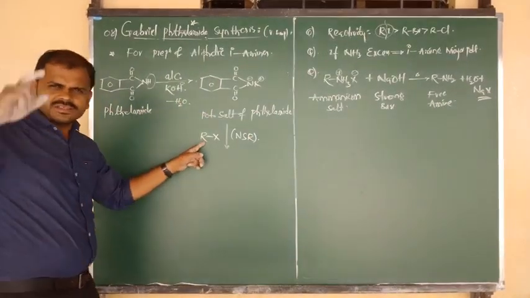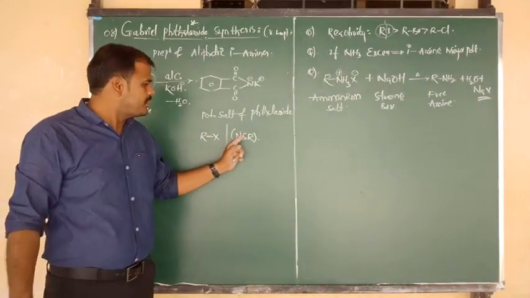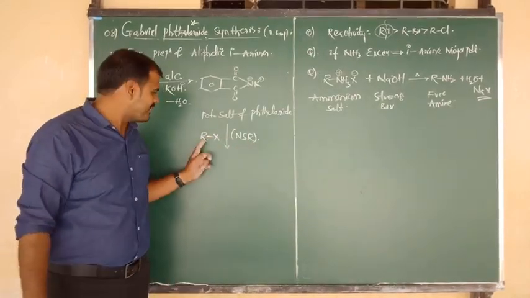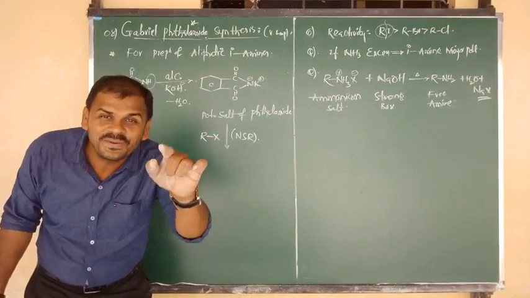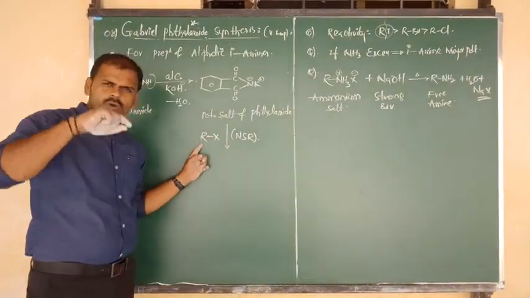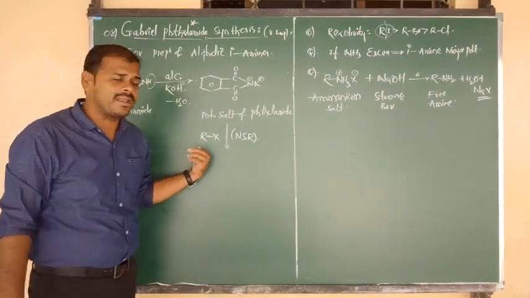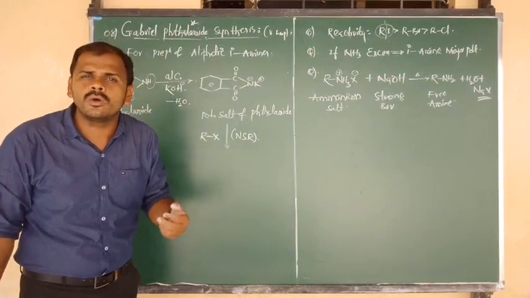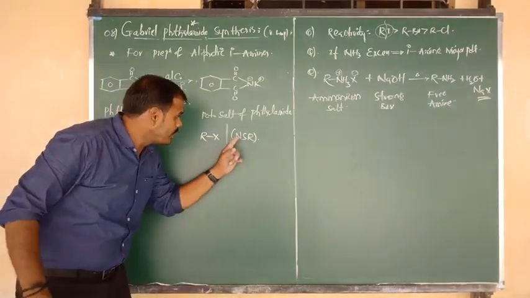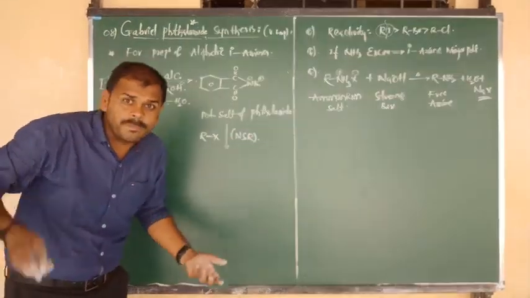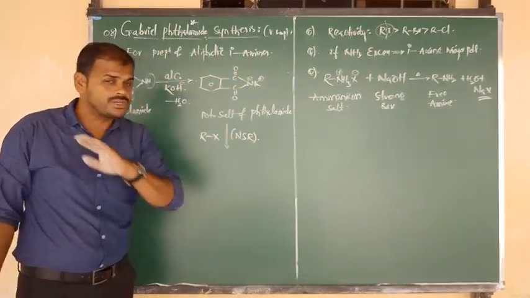Because in the chapter of haloalkanes I told you that haloalkanes or alkyl halides easily undergo nucleophilic substitution reaction. But in the place of R, we can't write benzene, because aryl halides do not undergo nucleophilic substitution reaction. We have to consider only alkyl halide in the place of R. If we wrote benzene, what would happen? Benzene bonded to X is nothing but haloarene, or aryl halide, or chlorobenzene. Aryl halides do not undergo nucleophilic substitution reaction. That's why we can't prepare aromatic amine. We can prepare only aliphatic. Here we have to write only R, we can't write benzene.